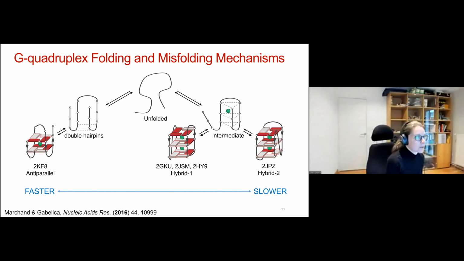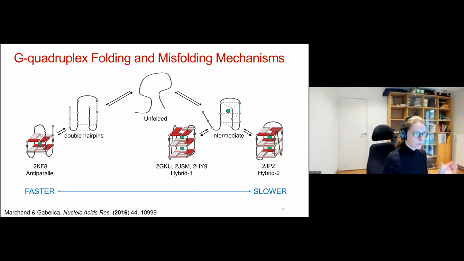So then this led us to propose and discuss this folding mechanism for G-quadruplexes. It's not a stepwise incorporation of one potassium and then a second potassium. Actually, it's a branched pathway of folding. An unfolded strand, the strand that we start with, can grab quite readily, because these form fast,